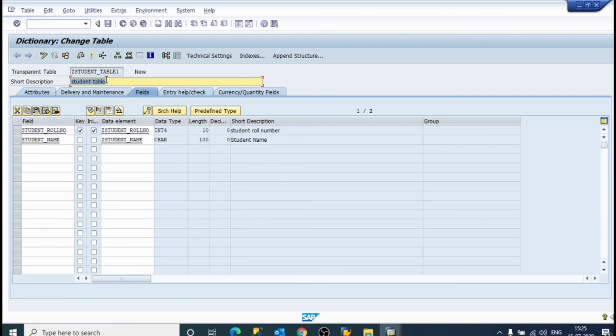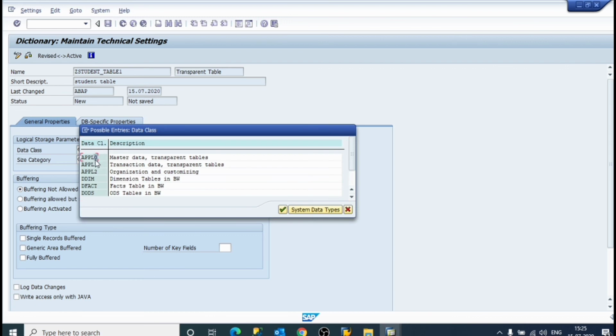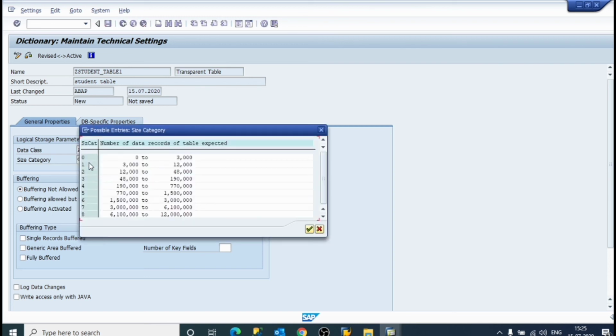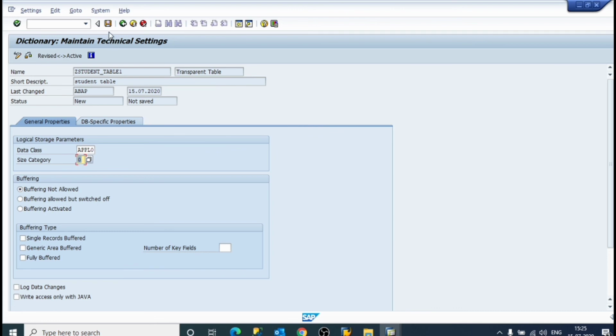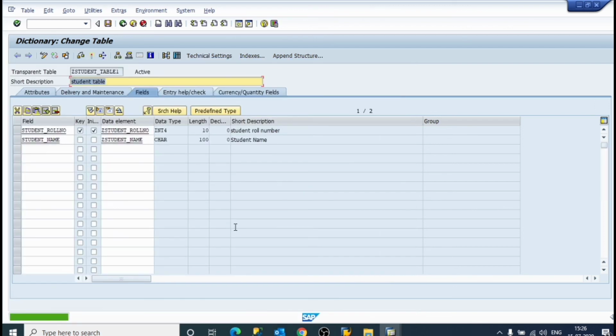Just save it again, check it, activate. Data classes, zero, save it. Now our table is active.